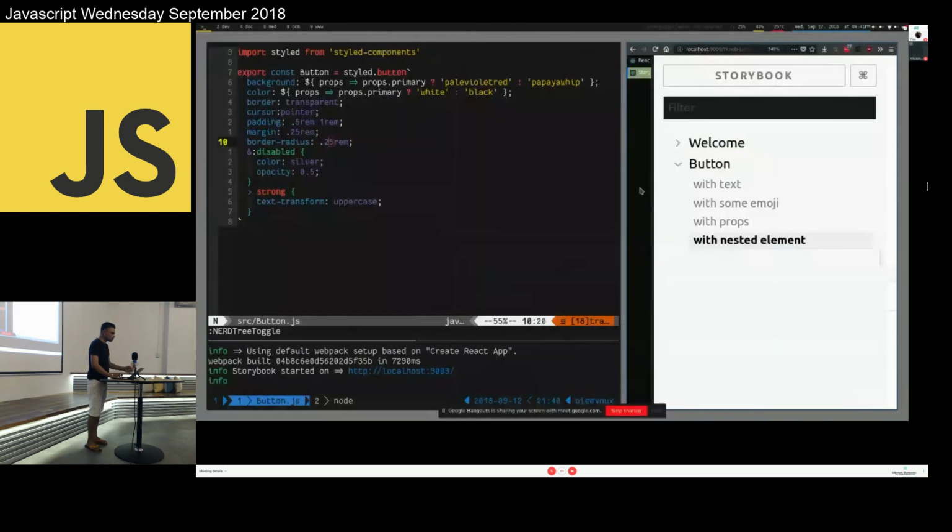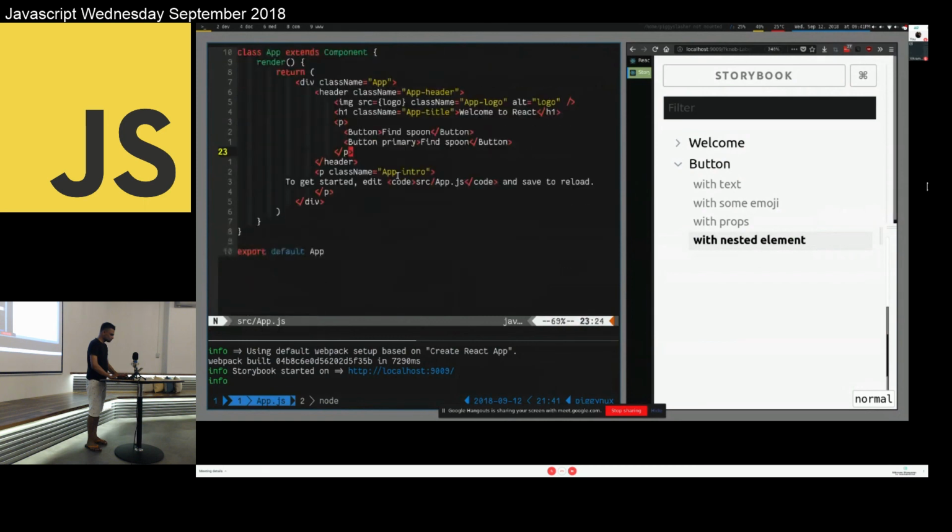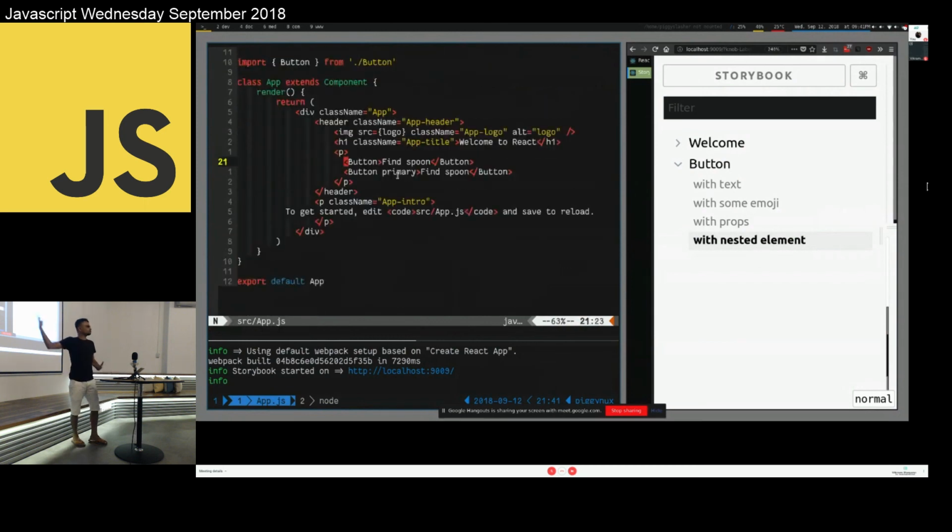Well, what I showed you is the button, but for example, let's come back to the app. Are we exporting the app component? So this is the app, the React app component. It's exporting that component. This is a component with other components inside, right? So I'm gonna just go to